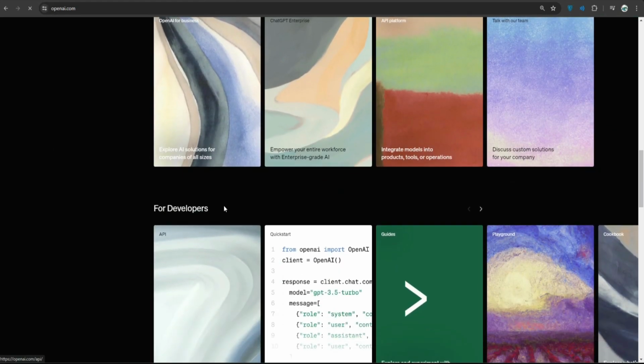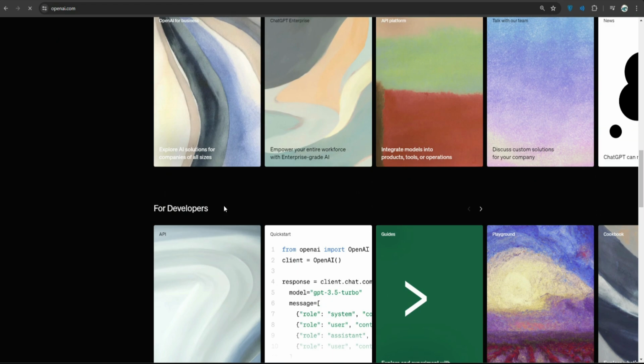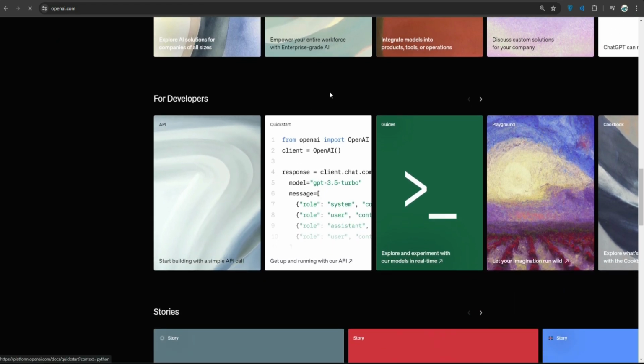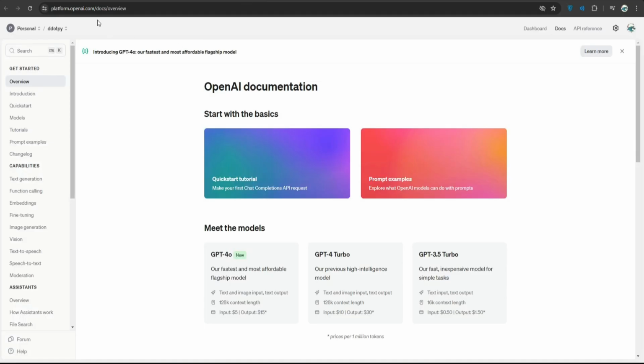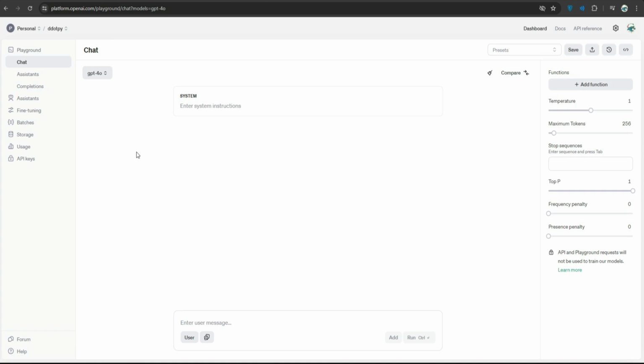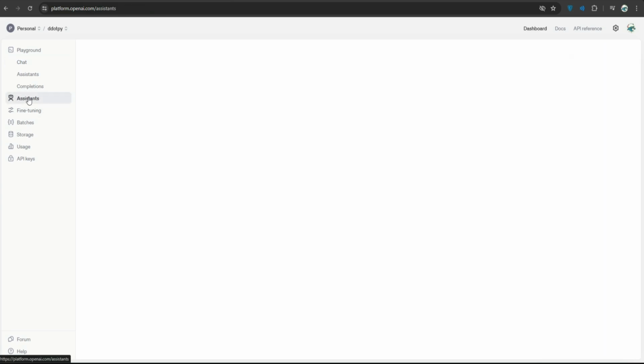So first of all, we have to get to the development environment of OpenAI. If we click this API and then click start building, it will take me to this URL that says platform.openai.com. All right, so let's go to the dashboard. First of all, we will start with creating an OpenAI assistant, right? So here I'll just click